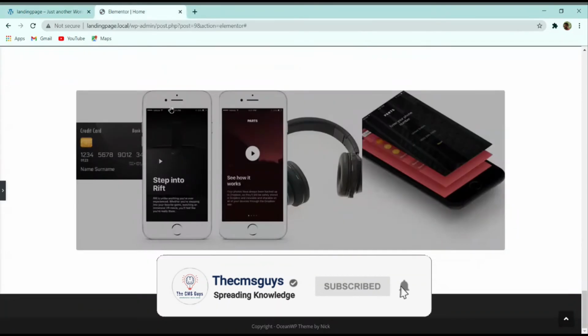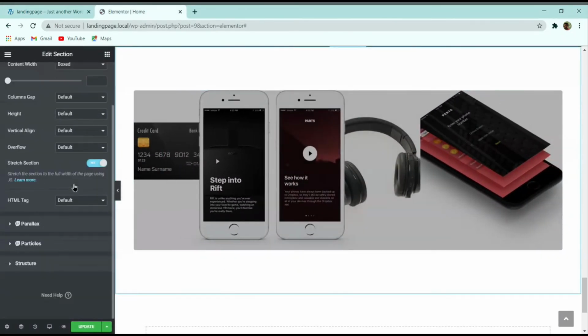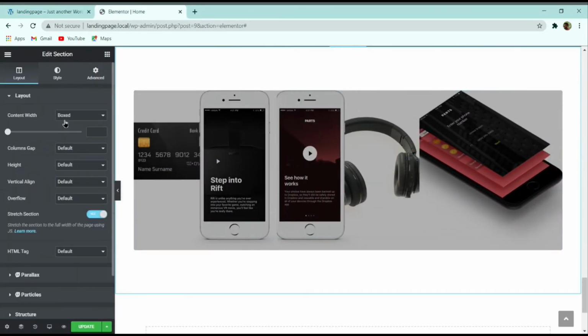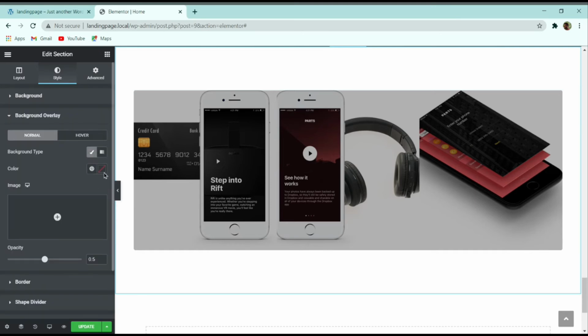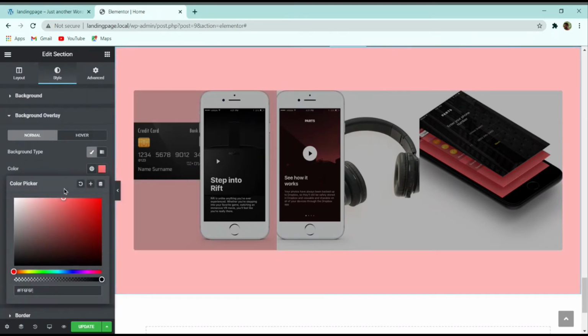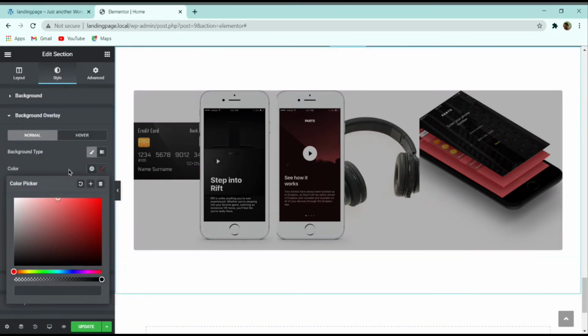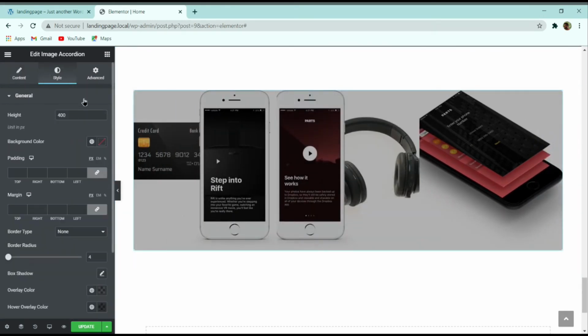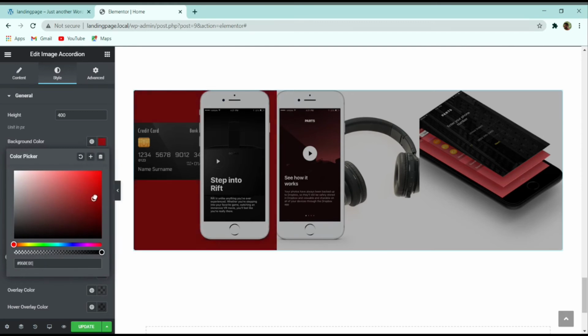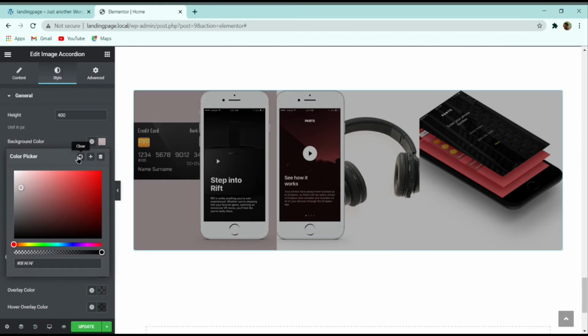And basically here you can see that the background overlay I can make it white in color. So suppose if you want to change the background overlay, then also you can. Sorry, for this image accordion, you can go to the style part, and here suppose if you want to change the background color, then also you can change it.